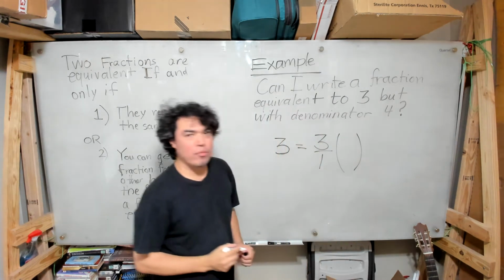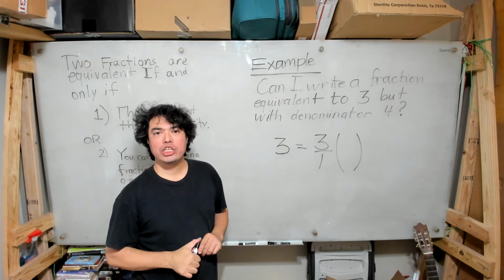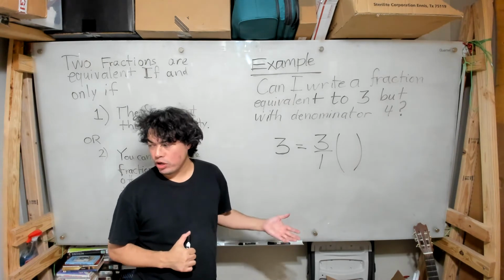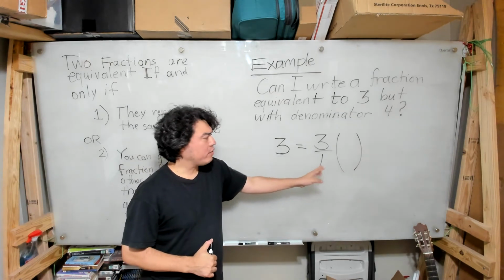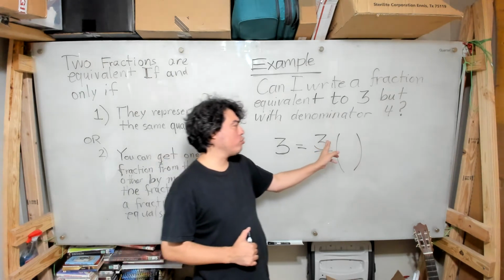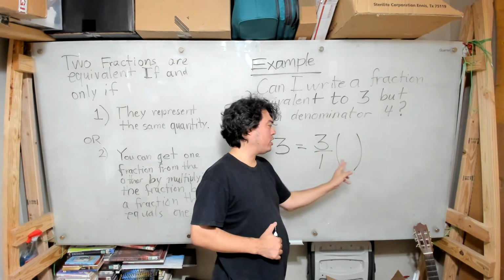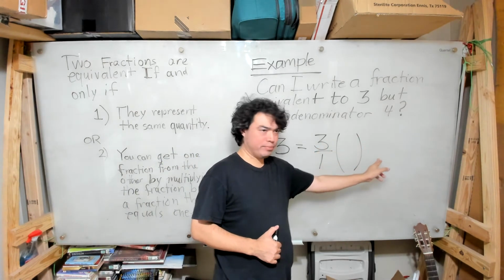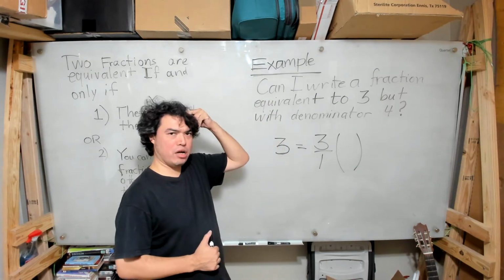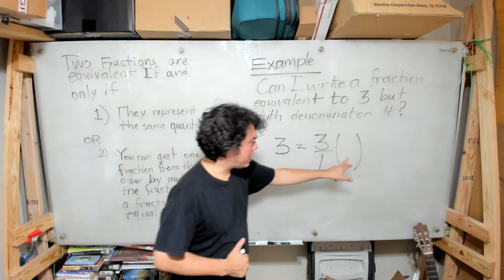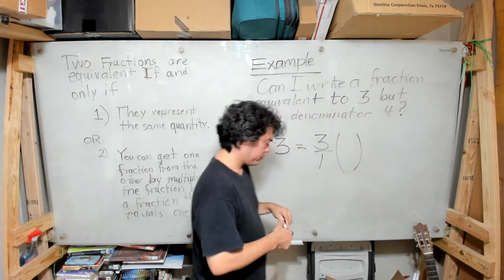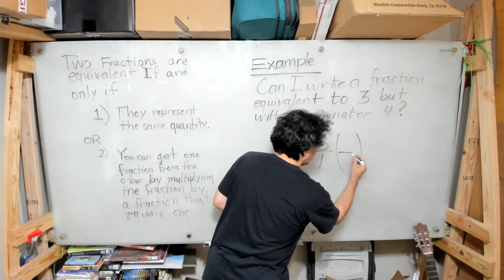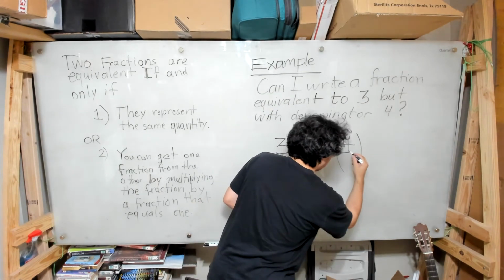Now we remember from our other rule that for a fraction to equal 1, it must have the same numerator and denominator. And when I multiply fractions, I multiply the numerators to get the new numerator, and I multiply the denominators to get the new denominator. So I ask myself, okay, I want a denominator of 4. 1 times 4 would equal 4. Therefore, if I multiply the top and bottom here by 4,